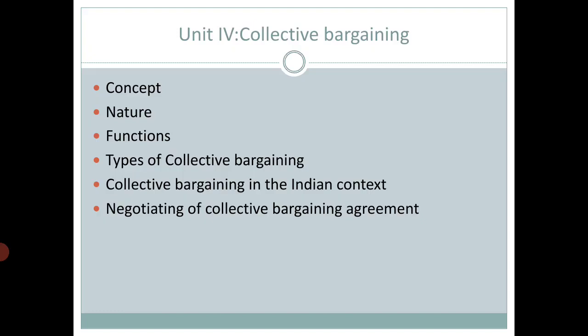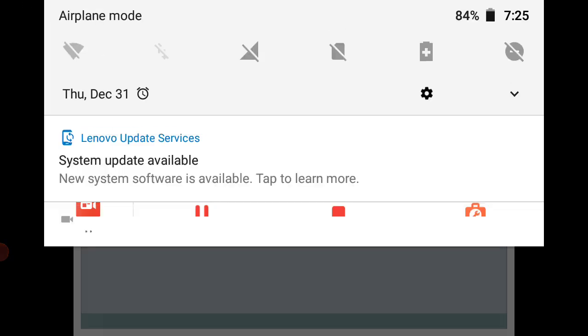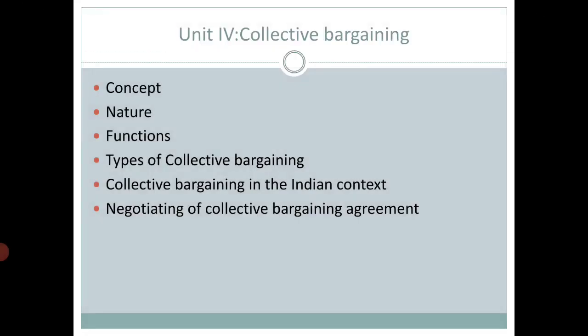The main objective of collective bargaining is to settle the issues and disputes between employer and employees in matters related to wages and salaries and working conditions, and to protect the interests of workers in worker related matters. Here in collective bargaining, a labor agreement is made which will favor both the employer as well as the employee.